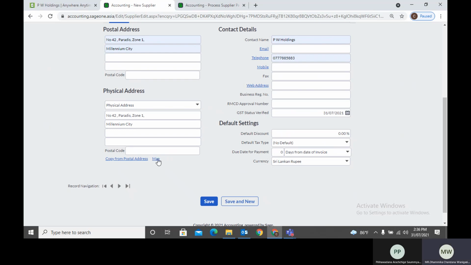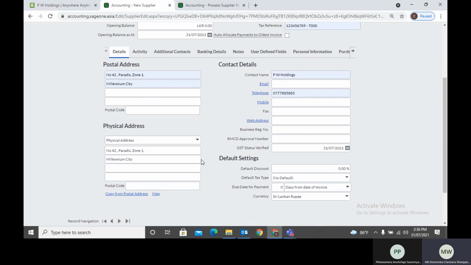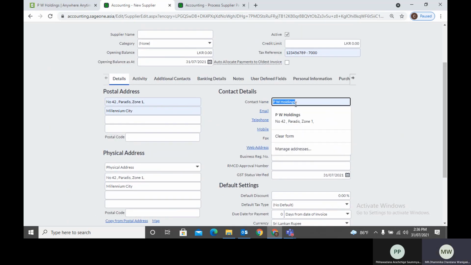Also, if you want to add to Google Maps, you can view it from here. Next, contact details. Under contact details, you can enter the supplier's contact details. First, you can enter the contact name,